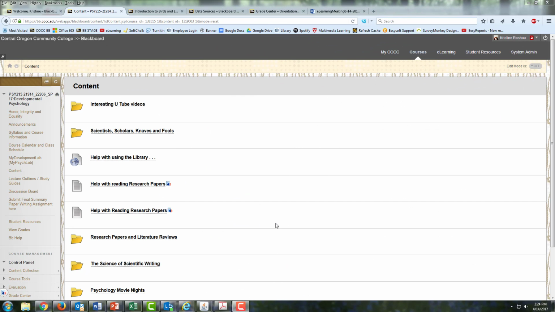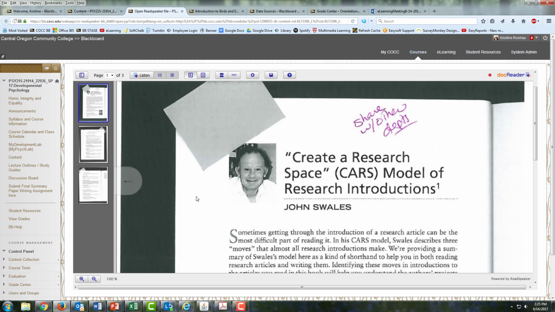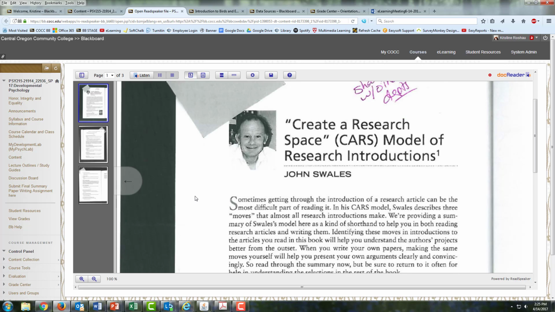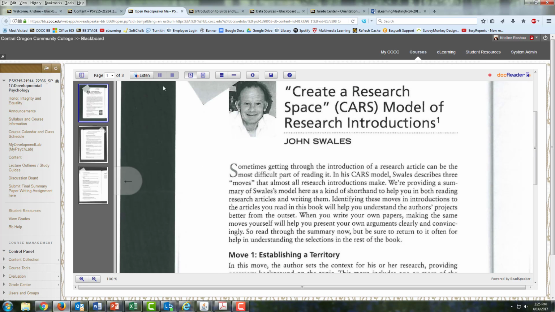All right, we're back in the class with our example document, and as you can see, here is our re-uploaded version of this paper. I'm going to click the ReadSpeaker icon to open it in the document reader. As you can see, it is identical to the article that we had before. But now, if we click listen,